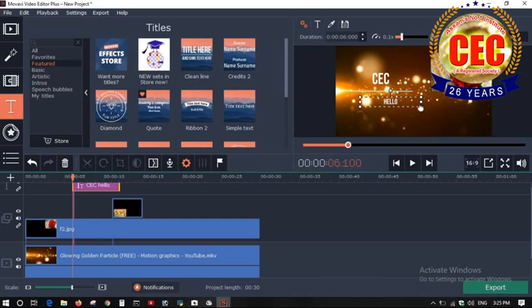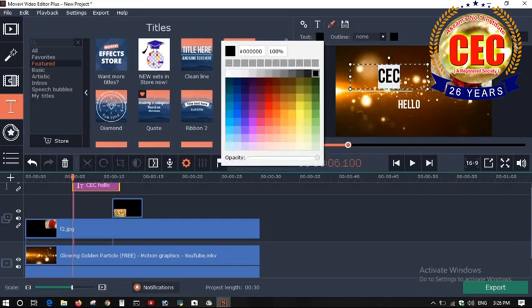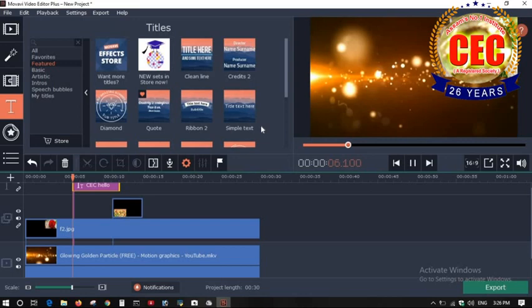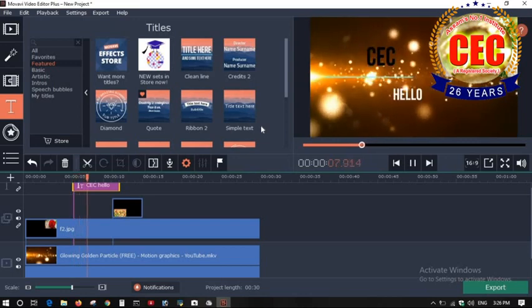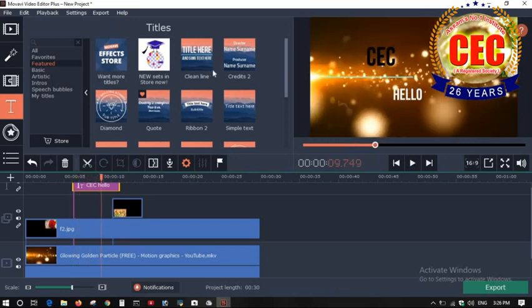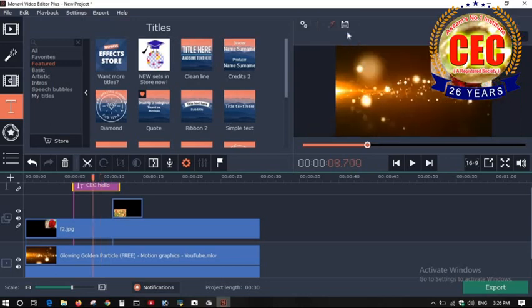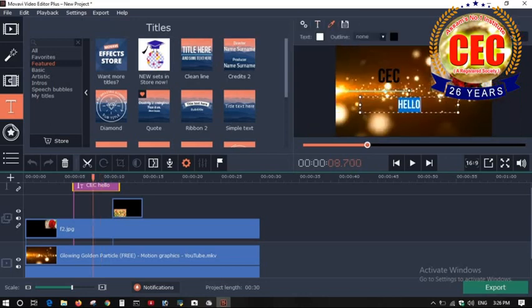If you want to enlarge the size of the text, you can drag the corners, and you will be able to enlarge it. Or if you want to change the text color, click on the text option. Here are the color properties. The text color is black, I am keeping it black, so the text will appear in black. And if you want to change the font style, you can change it here.